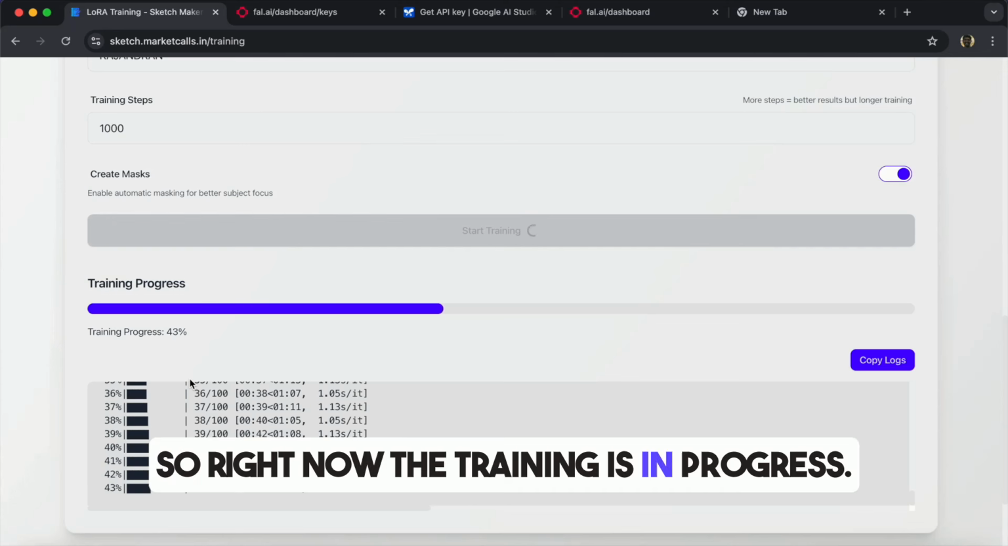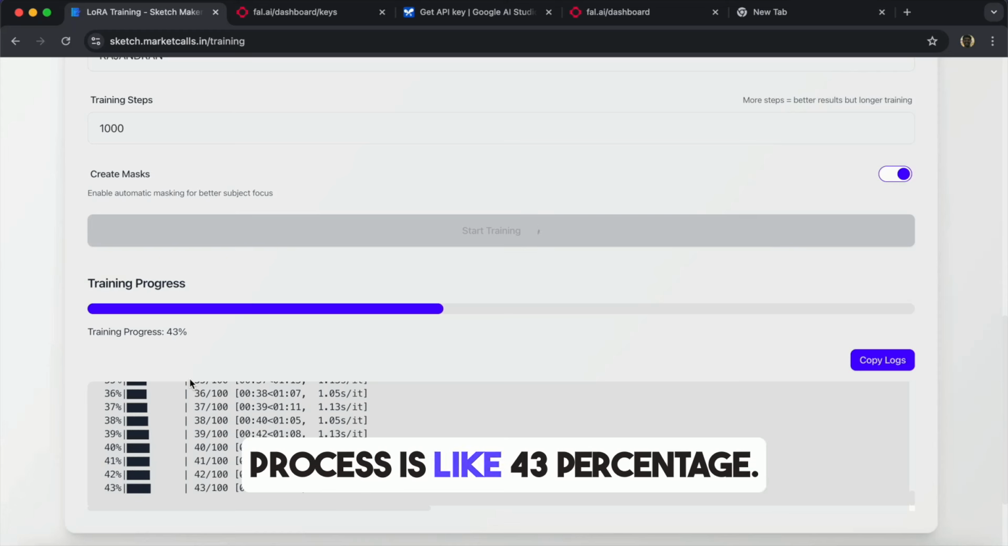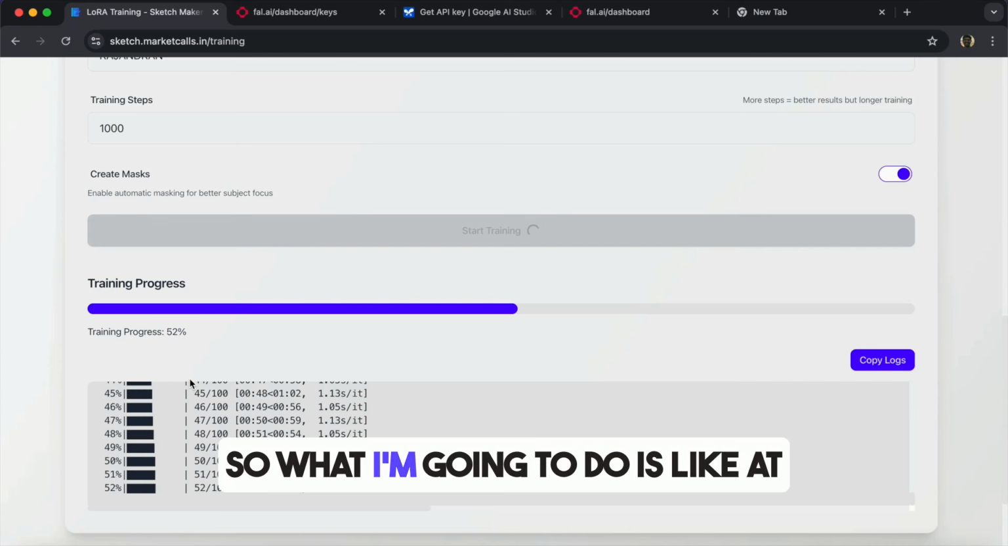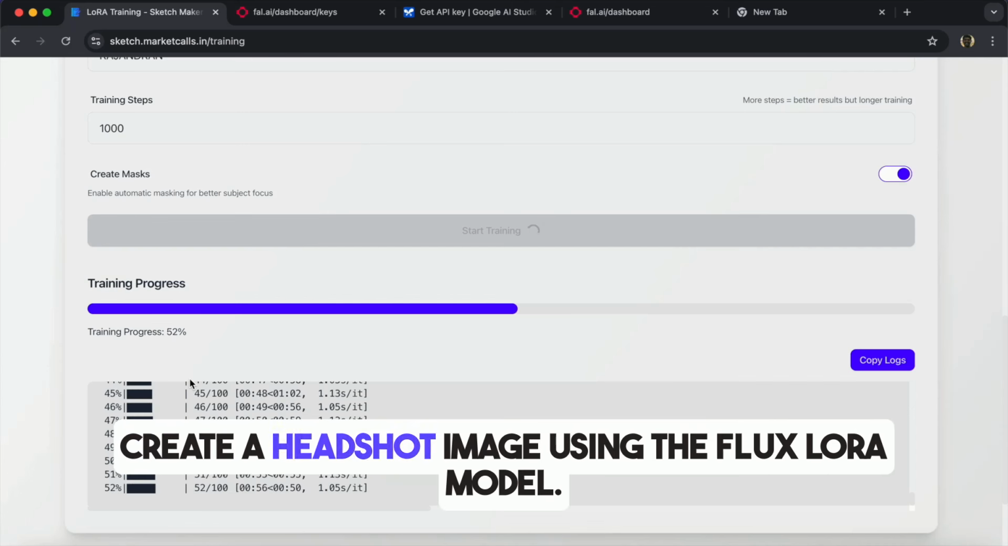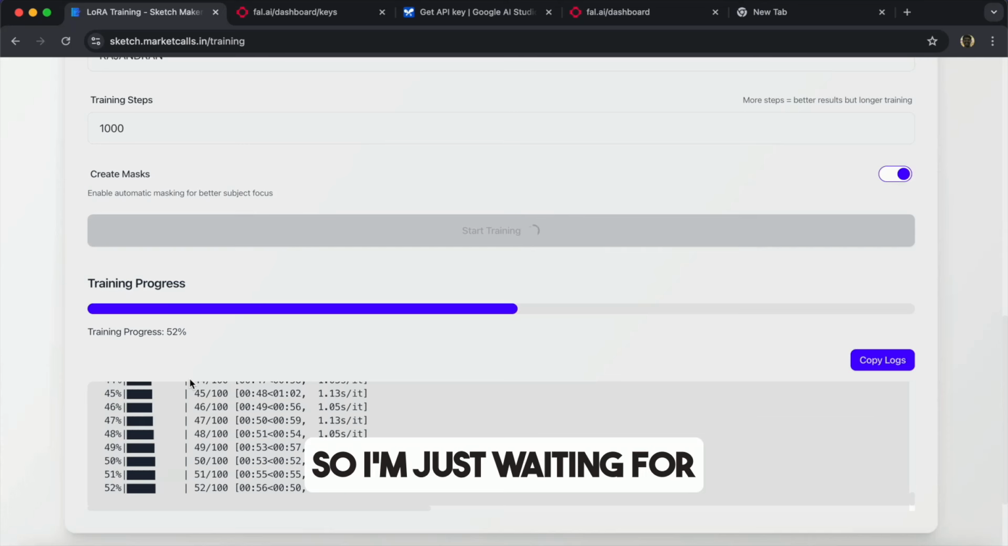So right now the training is in progress. The training process is at about 43%. At the end of the training process, I'm going to create a headshot image using the Flux LoRA model. So I'm just waiting for the